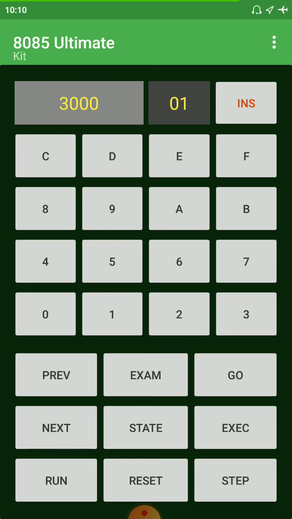Okay, we will take another number. Okay, this is not a binary number, this is in hexadecimal, so your result will be in hexadecimal form only.